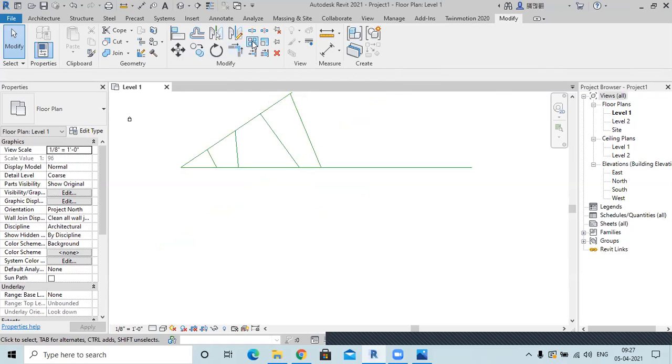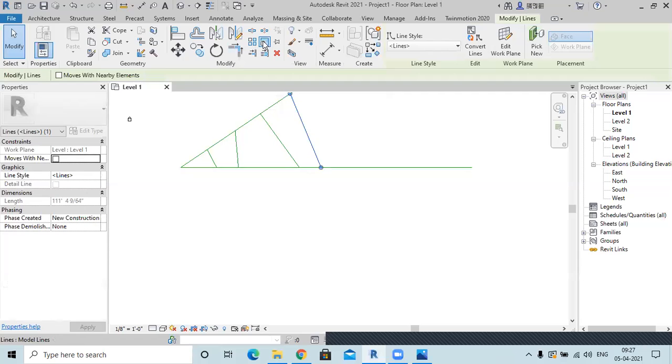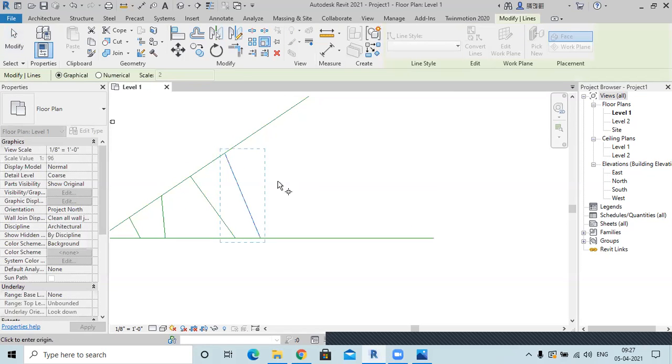And then the last we have this array and scale command. Now scale, as the word speaks, is used to scale objects. Right now this object is at this scale. If I want to change its scale, I'll select one point here, and then I can select different other point, and then I can scale it like this.